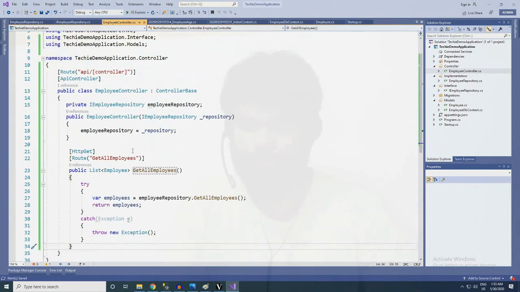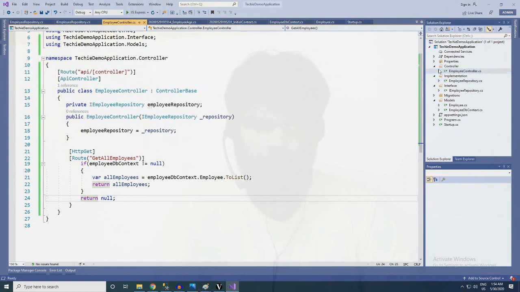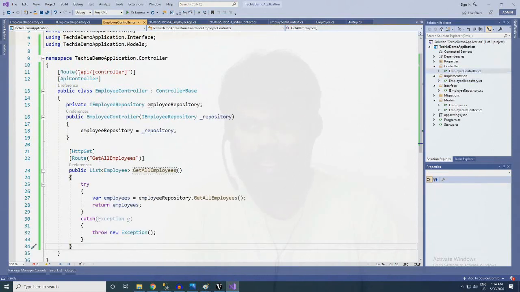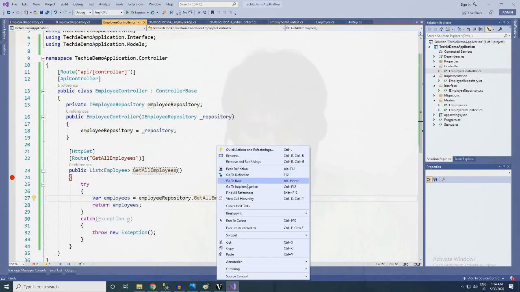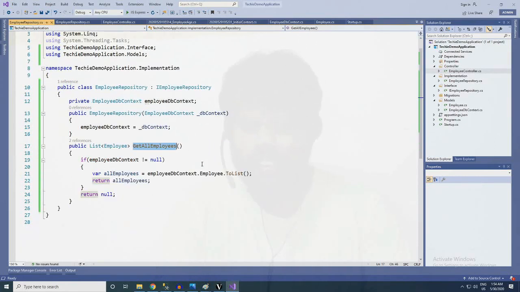Okay, so the end user will access the API using API/employee/get all employees, and the method will be redirected here. And now our application will be using this repository pattern. This will transfer our work to this method.